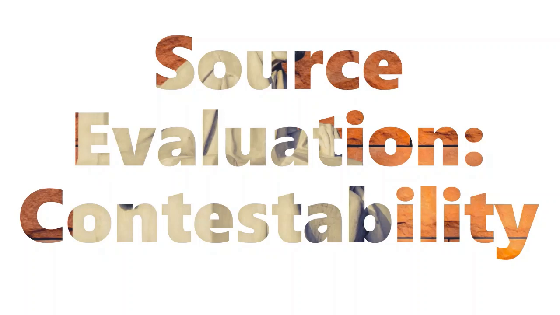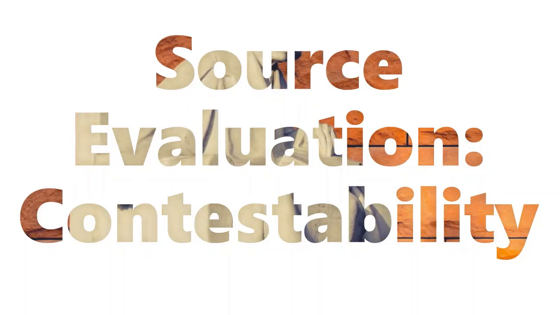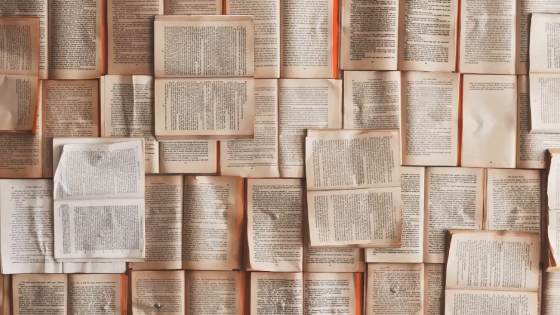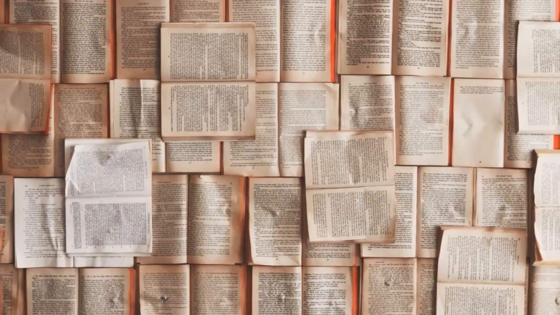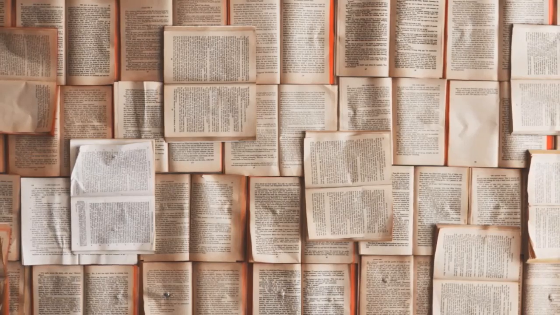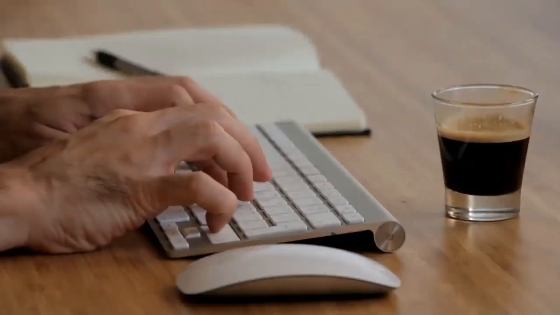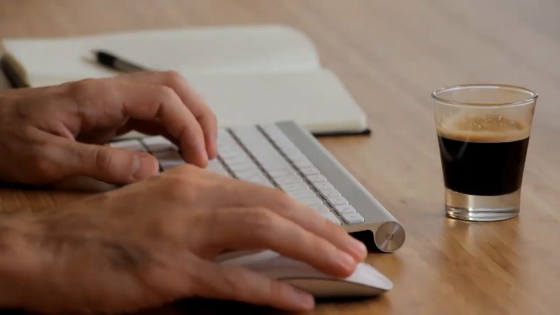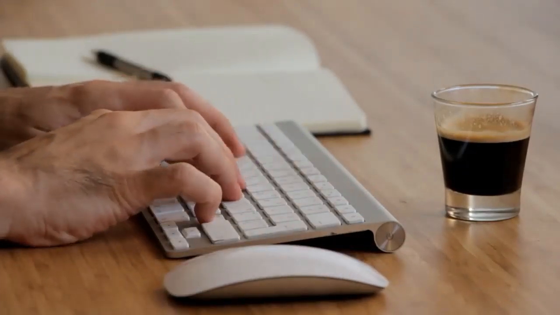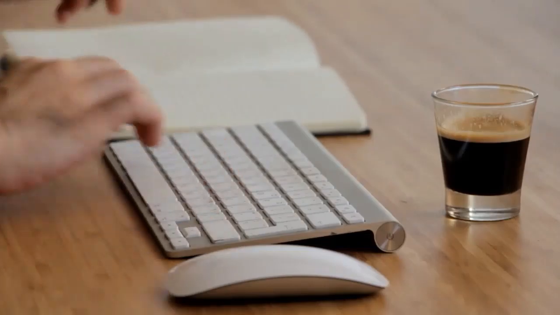Today we're looking at how to evaluate the contestability of historical sources. Contestability is a source evaluation skill which requires you to acknowledge that different historical interpretations can be supported by the surviving evidence. Being able to identify and explain this skill in your historical writing shows a sophisticated understanding about the complexities of the past. As a result, you may need to watch this video 2 or maybe 3 times to make sure you fully grasp the idea.